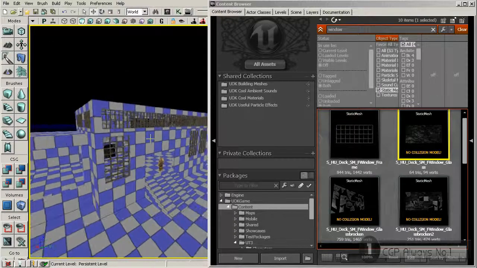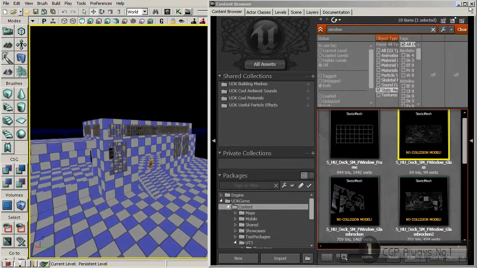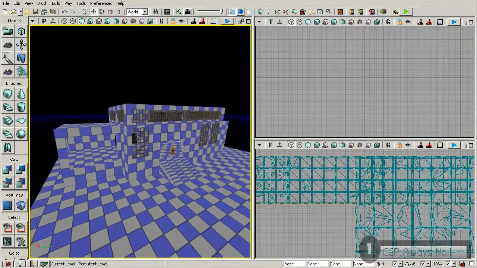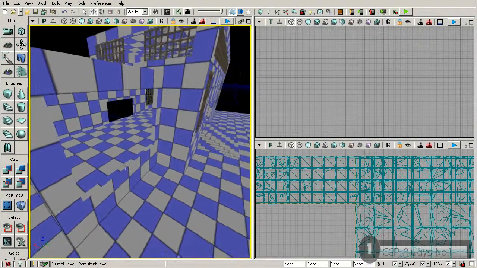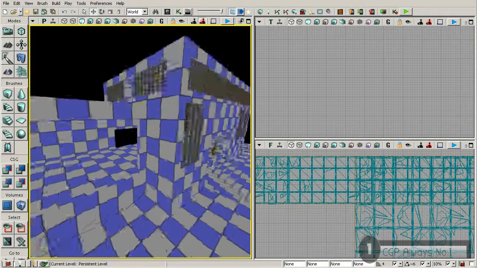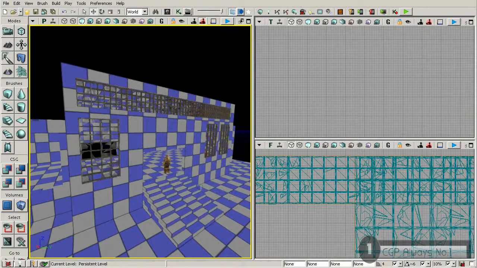What kind of building are we creating? Are we creating some sort of garage or something like that? That's kind of the idea that I have here. So looking at this level, if I close down my content browser, I want to be able to add in some vehicles or something like that, just to make this look like a garage. I'll put a ramp out here,